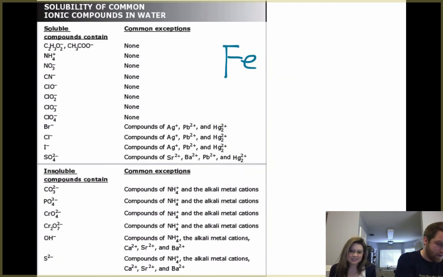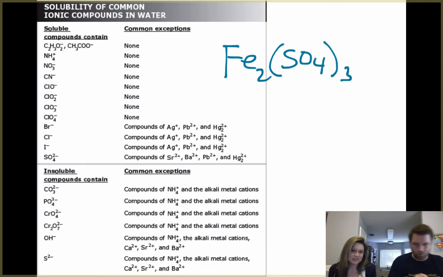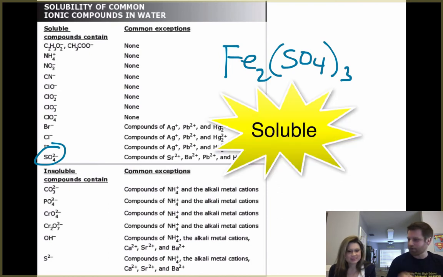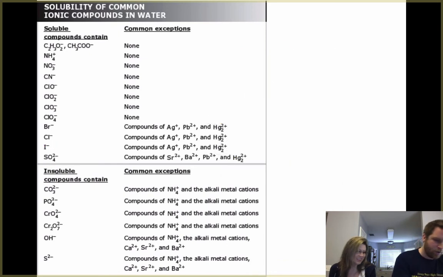We have iron 3 sulfate. Ooh, with the stock metals. Well, sulfate is in the soluble box. Iron is not an exception, so again, we are soluble. Judges? Absolutely correct. 3 for 3. You are on a roll. Okay, next one. Calcium